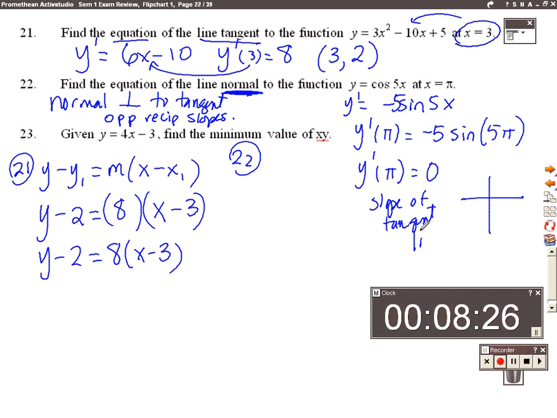I need the slope of the normal line, which would be the opposite reciprocal. Now the opposite reciprocal of 0, if you flip 0, then the slope would be undefined. And we know,